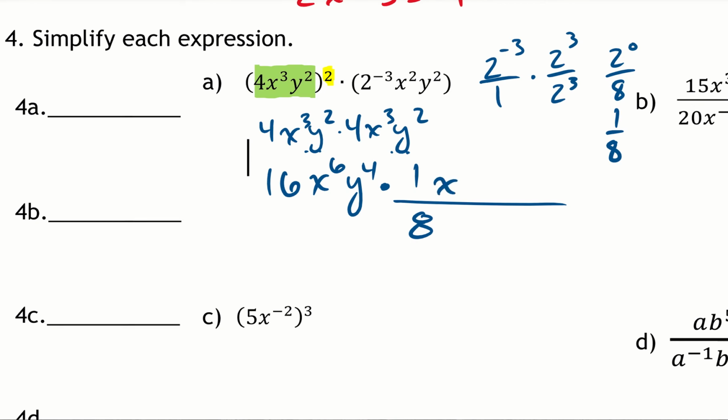And then there's an x squared and a y squared. So if I make this look like they're both fractions, across the top I've got a 16, and then I've got x to the 8th. So let's write down, there's 16,